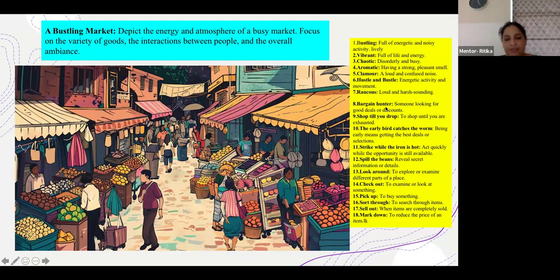So with every descriptive writing, when I give you a topic, I'll also give you a couple of words to enhance your vocabulary. It could be to enhance your expression, isn't it? So you can enhance your expression by adding good words, good idioms, good phrases, because if you just keep on writing in a very simple language, that will make your writing quite mundane, isn't it? Mundane as in dull, bland, without any flavor. Just to add flavor and to spice up your writing, you need to add some good words and expressions. And you need to be a little witty as well. Witty as in, you need to add some humor in the form of hyperbole.